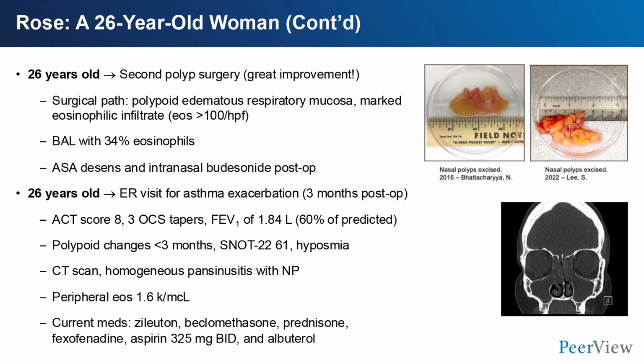her FEV1 had dropped to 60% of predicted. Now, this was a 26-year-old woman with a 60% of predicted FEV1. This was not ideal. Her CT scan was also not looking too pretty, and her peripheral eosinophil count was quite impressive as well. At the time that we were treating her, and we'll revisit our friend Rose later to kind of